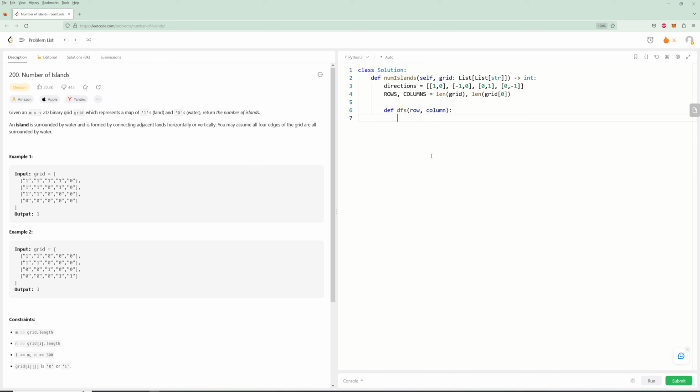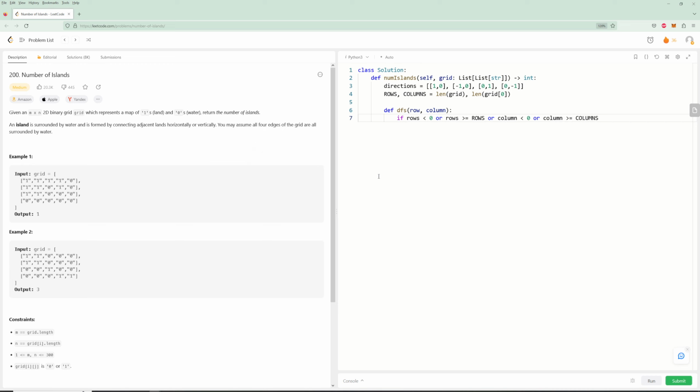And so I'm going to write all the values that I don't care about in this DFS. All these values that we can just straight away return. Out of bounds means if your row value is less than 0, right? If you're out of bounds to the left, or your row value is greater than or equal to rows, which means it's out of bounds. So that would be one thing. So if row is less than 0 or row is greater than or equal to rows, that means the row is out of bounds. Now for the columns, it's the same thing. So if column is less than 0 or column is greater than or equal to columns, you are also out of